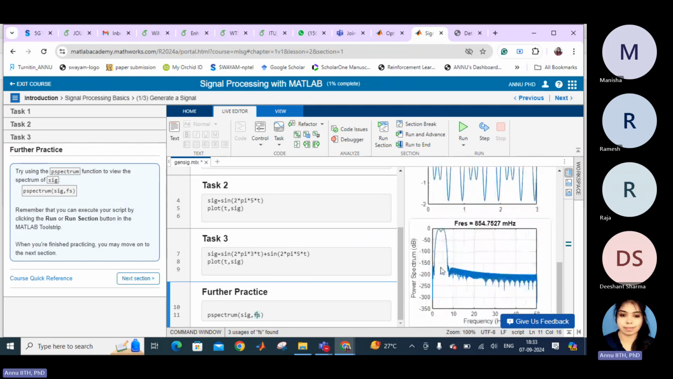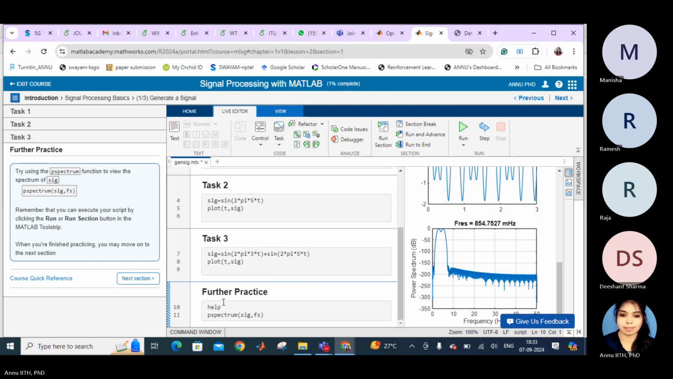Oh, so we have the frequency of the power spectrum. We have a frequency of 854 megahertz, the power spectrum is in dB, and this is the frequency. So you might be wondering why this is like this. So first of all, let's type